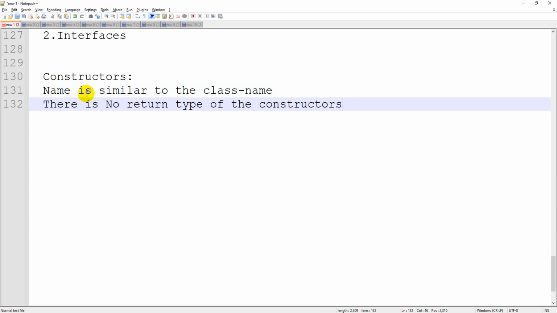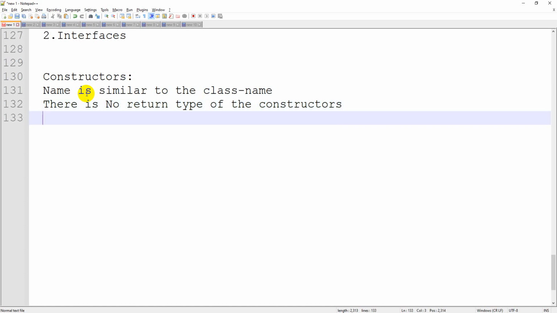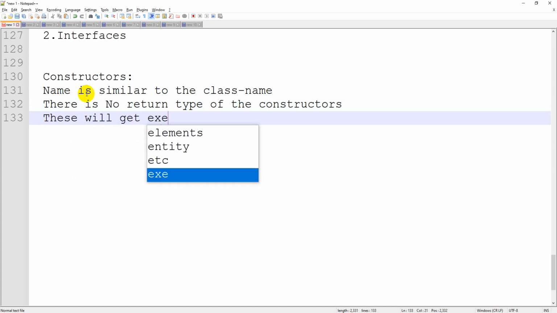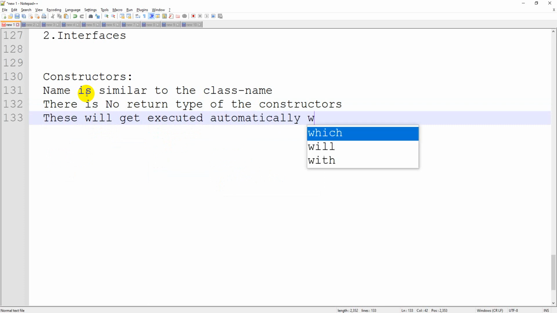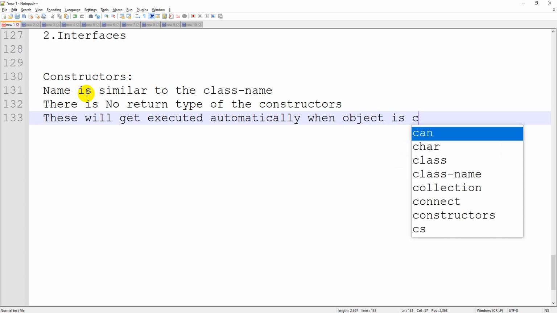Normally for every method there will be a return type, void, int, or something, whatever. But constructors won't have any return type, and these will get executed automatically when an object is created.